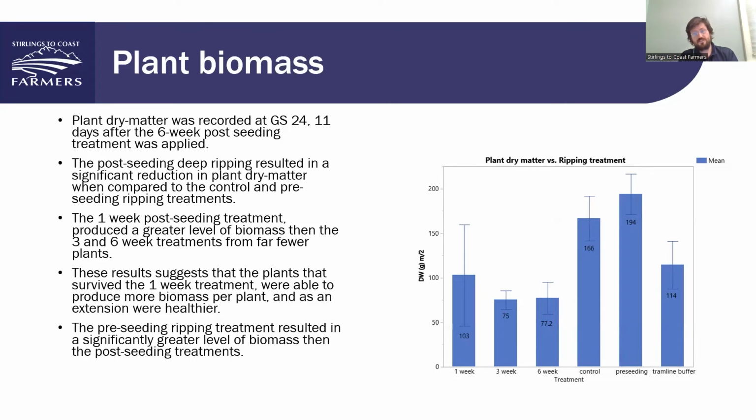As I outlined in the previous slide, there were a lot fewer plants where the 1 week treatment was. So depending on where you measured, you had a result where the plants produced quite a bit of biomass, but there were just very few plants there. Whereas with the 6 week and the 3 week treatments, there were a fair few plants still there, but they were not producing much biomass at all. They weren't tillering very well. And as a result, that's where you see they are lower in dry matter per metre squared than the 1 week treatment. The preceding treatment, once again, produced more dry matter per metre squared than any of the other treatments,